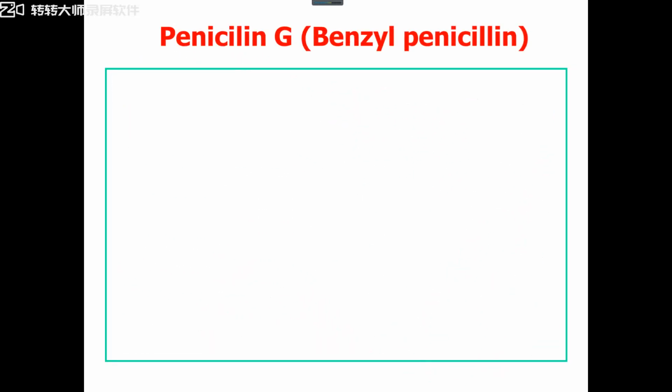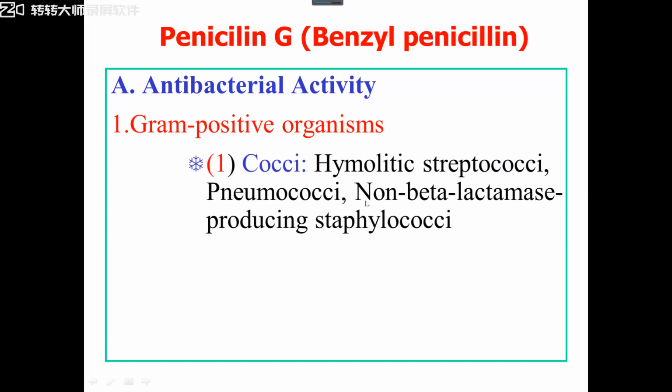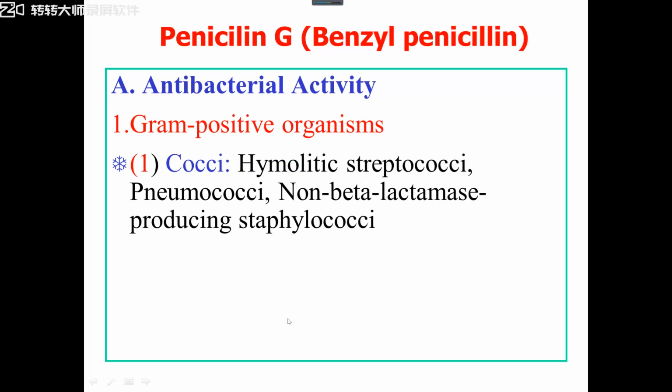Penicillin G is a natural narrow spectrum penicillin, and it is a bactericidal agent. We have studied the meaning of bactericidal: it means not only inhibiting growth but also killing. It can kill gram-positive organisms, such as gram-positive cocci, hemolytic streptococci, pneumococci,